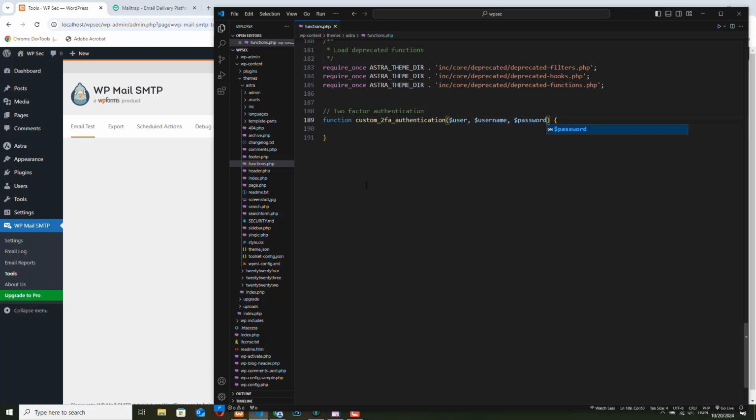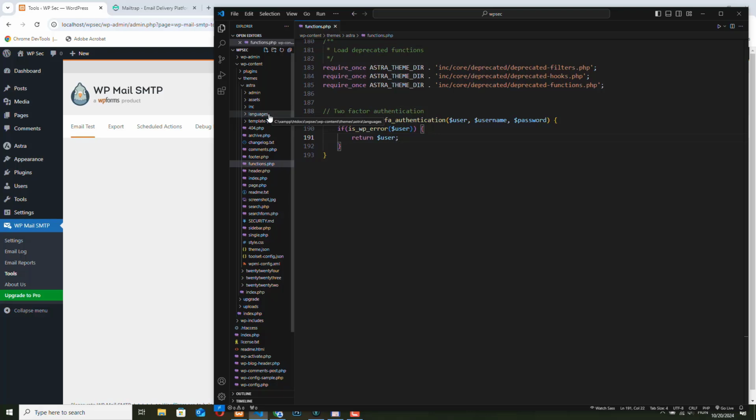When someone tries to log in, WordPress checks if the username and password are correct. We can do this by adding a conditional statement. So here we first check if there is an error, for example, incorrect username or password. If there is an error, we stop here and return the error. So this is the foundation for adding two-factor authentication, but first we must make sure that the login is